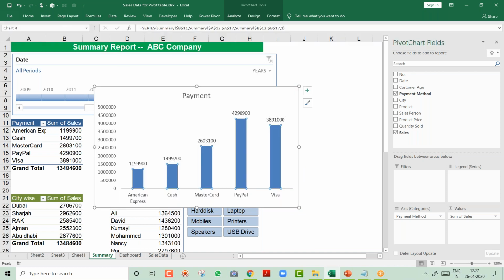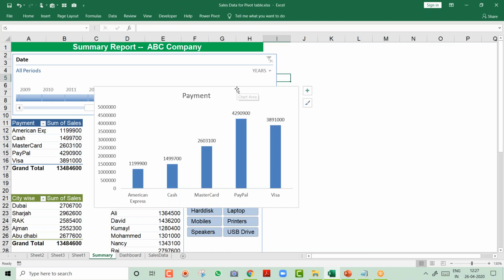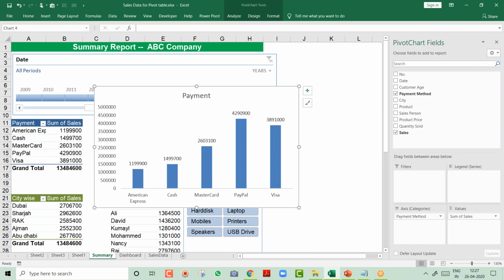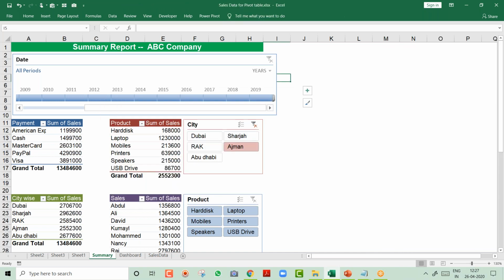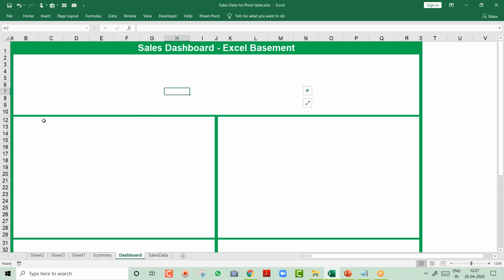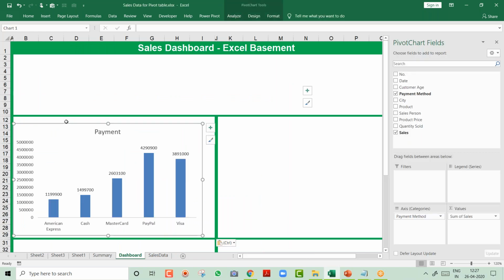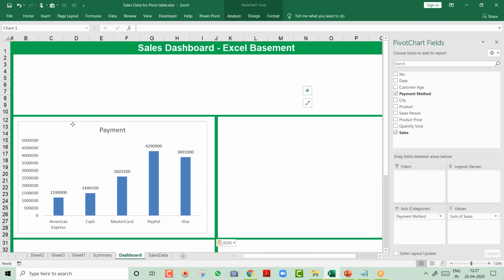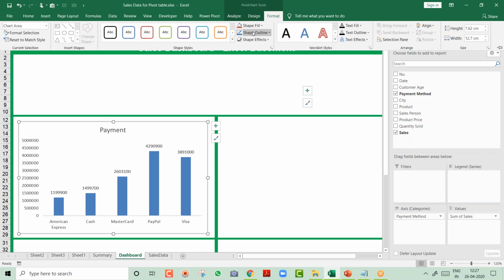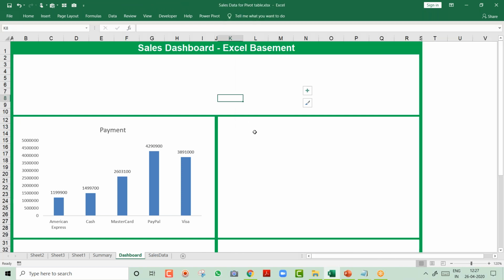You can do lots of formatting on this. Okay, I'm not going into that part. Our main aim is different. So I click on a chart and from the keyboard, what you will press? You will press Control X, that is for cut. So I press Control X for cut. Go to the dashboard, put your cursor and say Control V for paste. We are expert in copy paste, right? So just do the copy paste. Hey, I don't want this outline also. So go to the format, shape outline, and I say no outline. So your one chart is pasted.